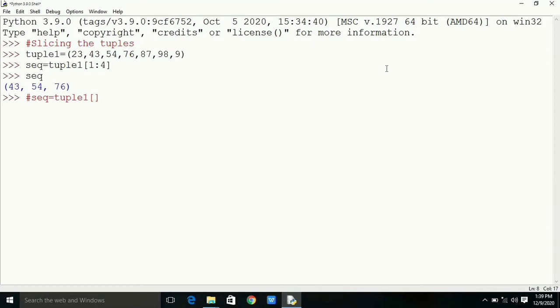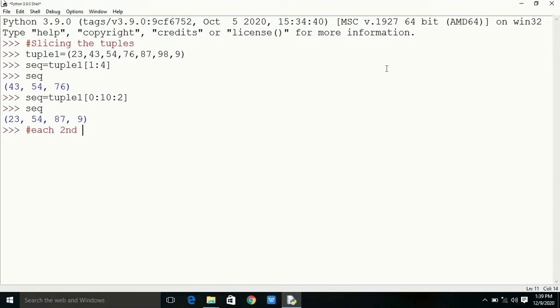If we want to get each second element, that means if we want to skip one element, then sequence is equal to tuple 1, 0 colon 10 colon 2 will give every even index element, that is 23, 54, 87 and 9. If we want to get every third element, then you should write tuple 1 within bracket 0 colon 10 colon 3. It will give each third element.